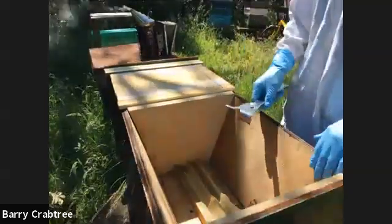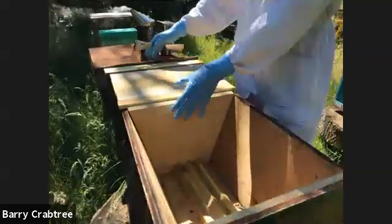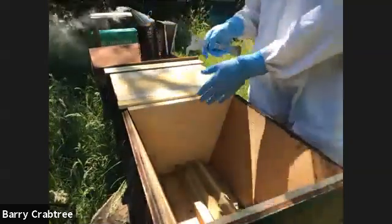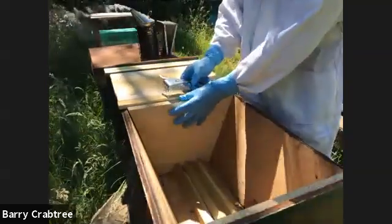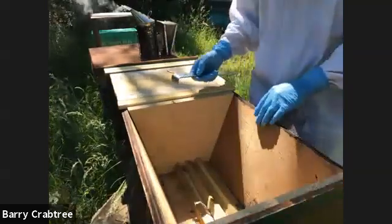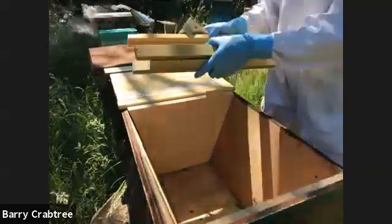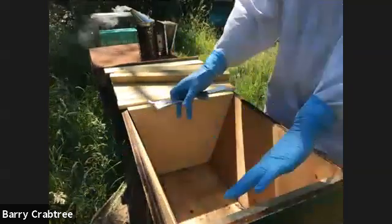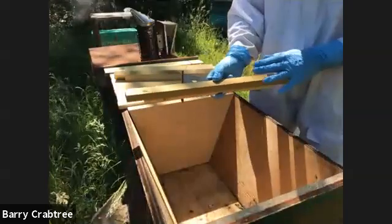So the top bar hive is this kind of little box here. I've got my bees in this half, and we've got this big divider in, and then we've got an area that's spare, and we could just move this up and put more bars on if we want to make the thing a little bit bigger. Basically all you need to make one of these is some wood for the box, and then you put the top bars on. So these bars,